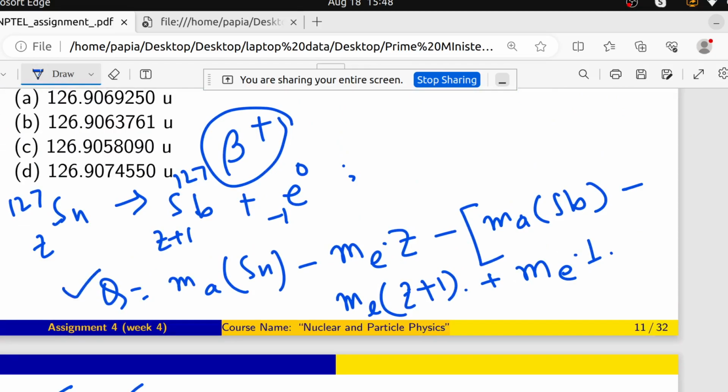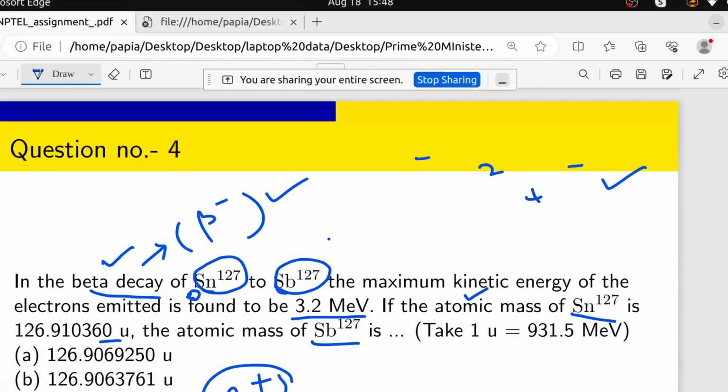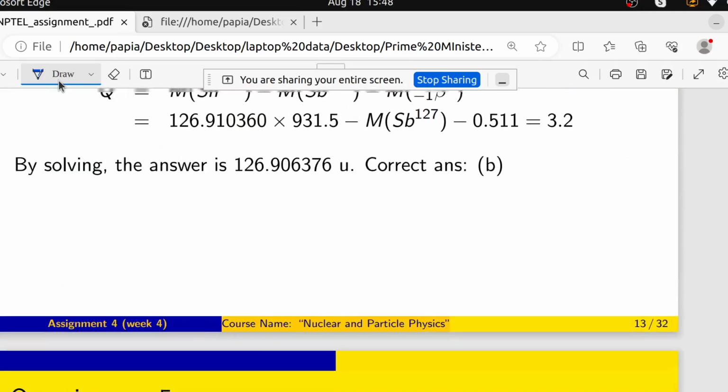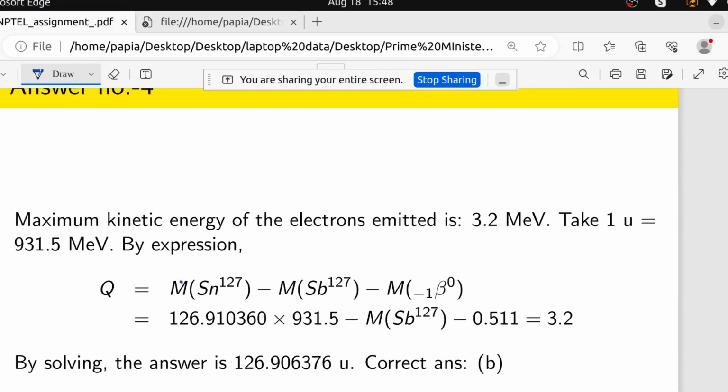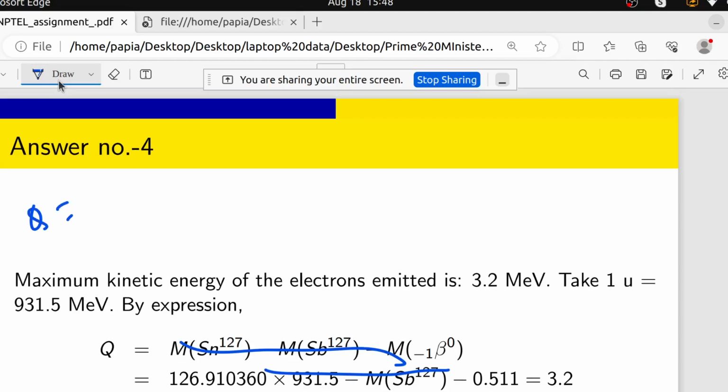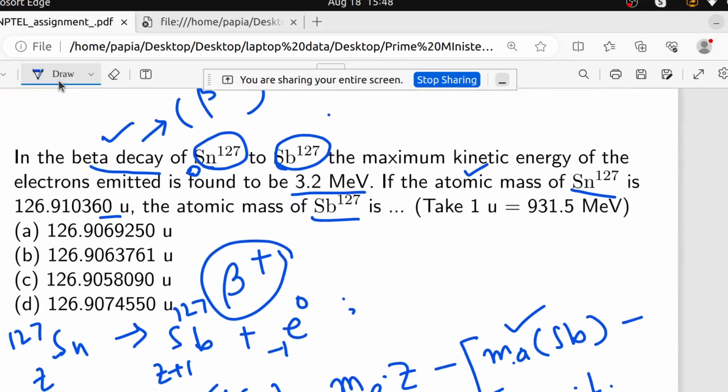So here the Q value is already given. I think the Q value is given, right? Yeah, Q value is 3.2. So the Q value is given and Ma of Sn is also given, and we have to calculate Ma of Sb. So how can I calculate this one? Okay, now come to that part where to write. Just going to write here. So here you can see that Q equals to,